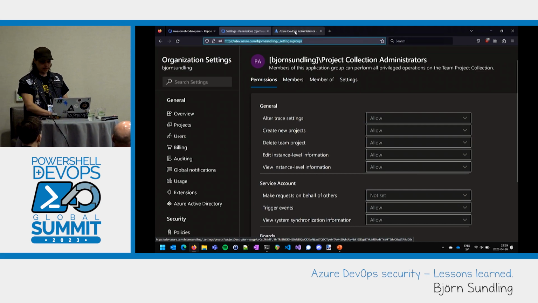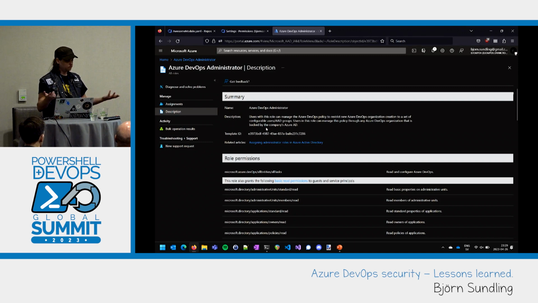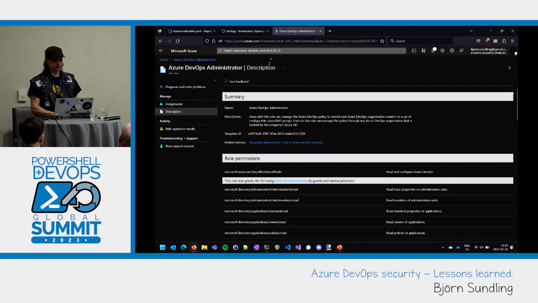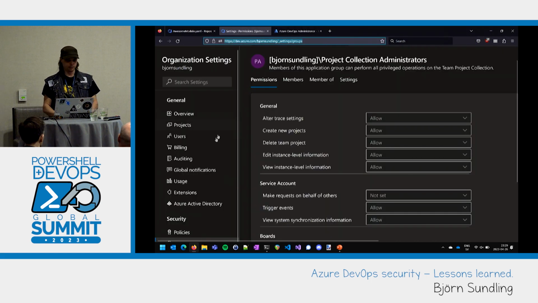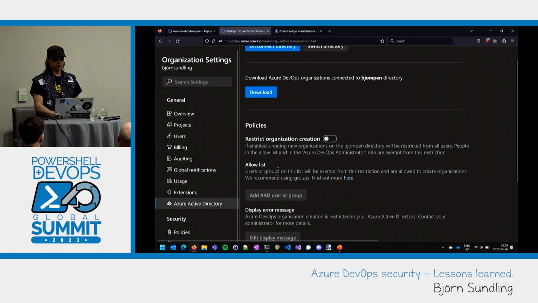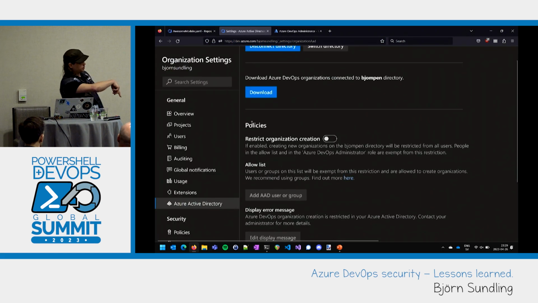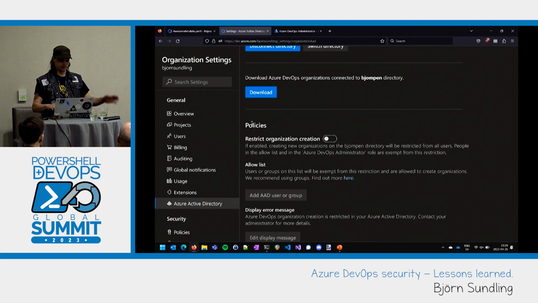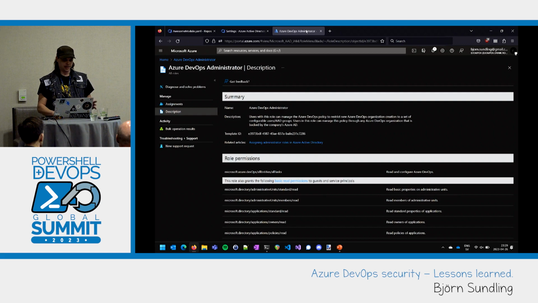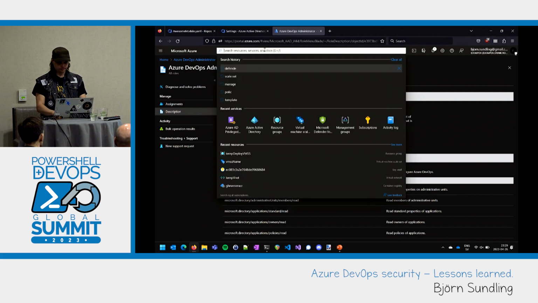Well, in Azure, we have a role called Azure DevOps Administrator. Makes sense, right? If we're a member of this, we're the Azure DevOps Administrator. Wrong, you are not. That role only gives you access to everything below this point, policies in Azure DevOps, Azure setup. But we have another little nifty feature in Azure called